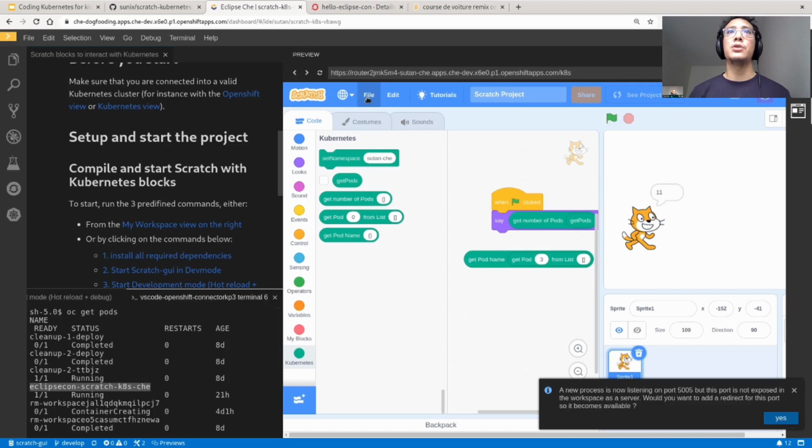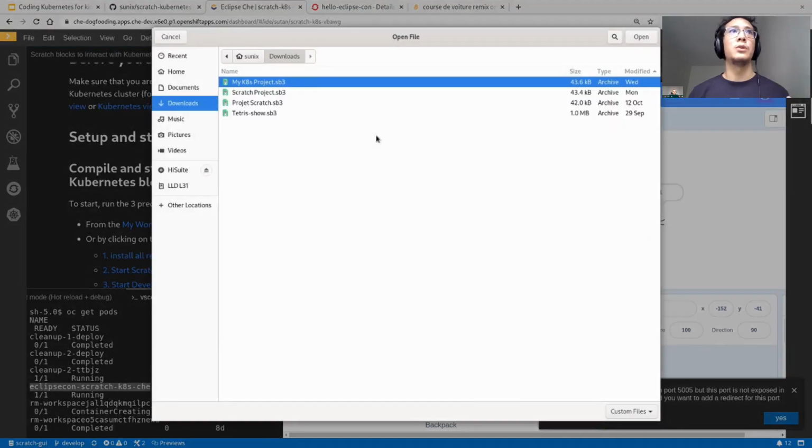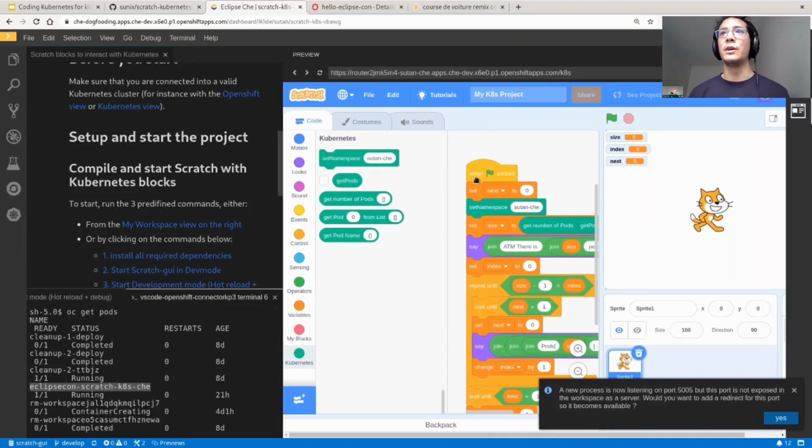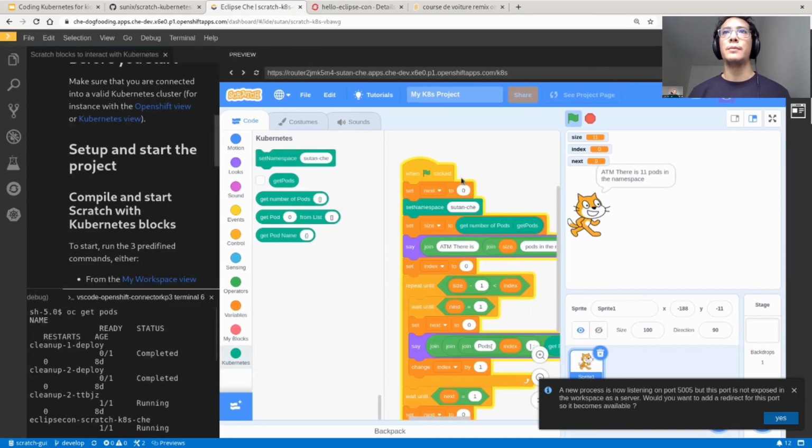What I can also show you is that I have created a more advanced Kubernetes Scratch project that will iterate through the pods and show the name. So if I run it, it shows, okay, at the moment there are 11 pods, and I have an